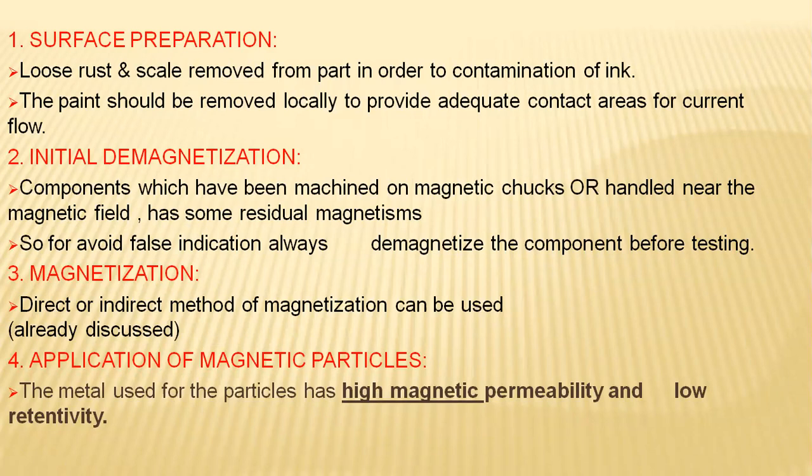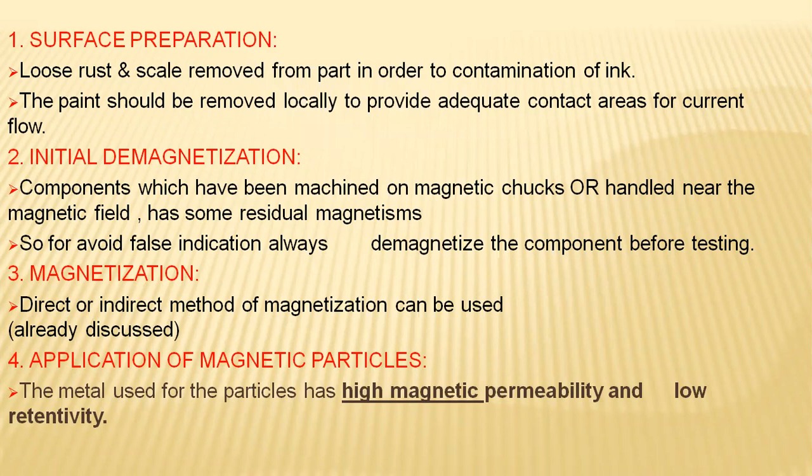So coming to the first point here, surface preparation. Frequently, we will be observing that any ferrous objects, when exposed to normal atmospheric conditions, undergo an oxidation process, and rust will form on the first layer, and it should be removed. The part needs to be made ready, free of contamination, for the ink.